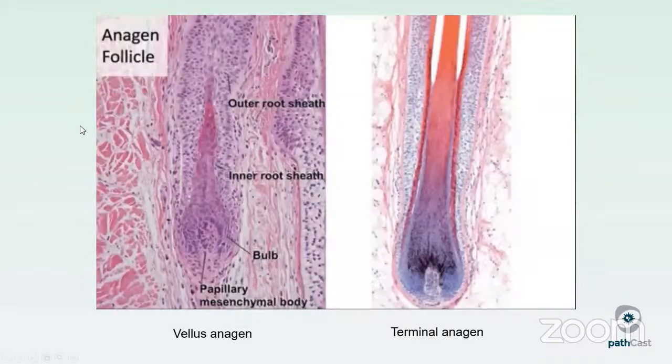Now, here we see the anagen stage follicle. So I'm showing both vellus and terminal hairs side by side just to make the point that both of them have an anagen stage. But of course, anagen is the stage that we're used to looking at, where it's nice and organized with a bulb and everything is completely orderly and healthy, that we talked about when we looked at our bulb. Vellus just higher up, non-pigmented, terminal anagen in the fat, pigmented,